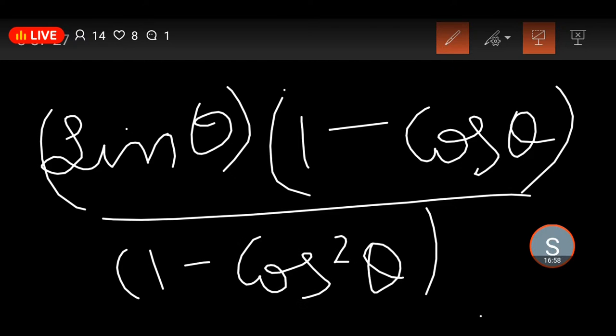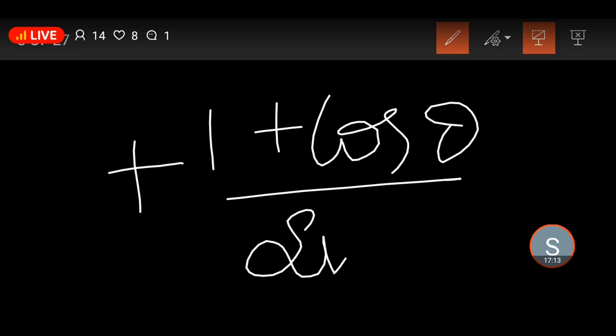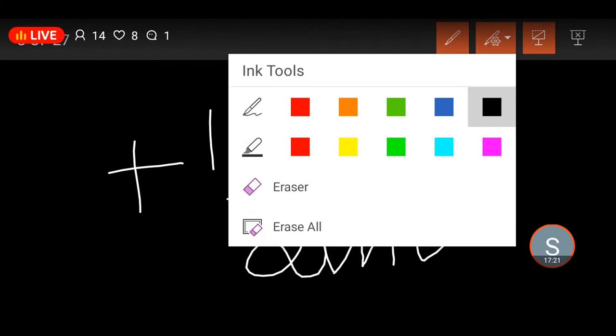If you multiply 1 minus cos theta, that result you add to 1 plus cos theta over sin theta. Okay, here I do not have space. You can add in your book neatly, and after you add those things,